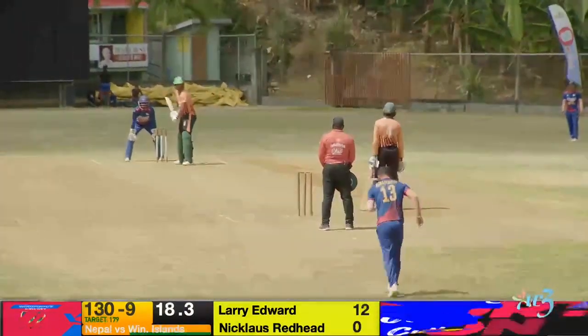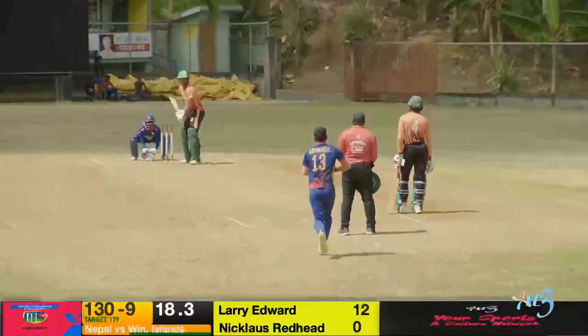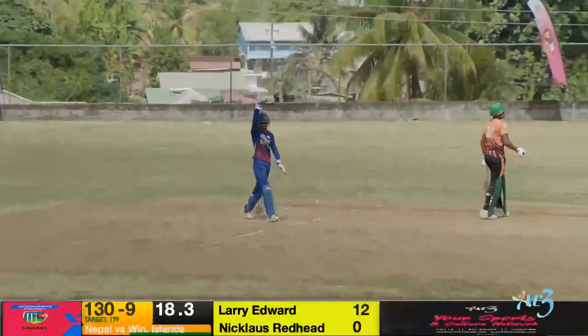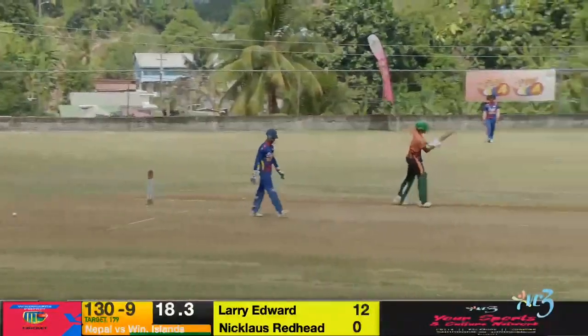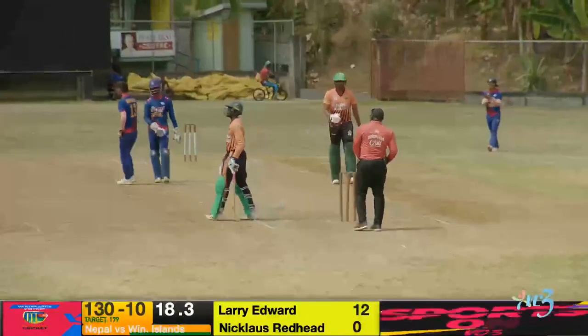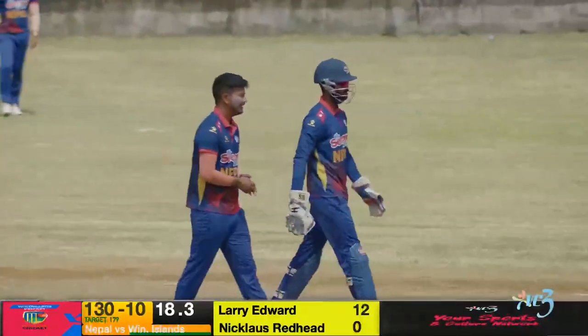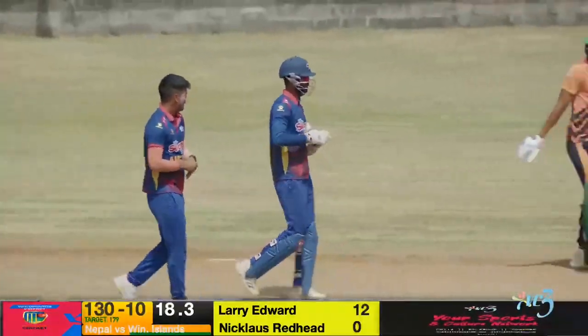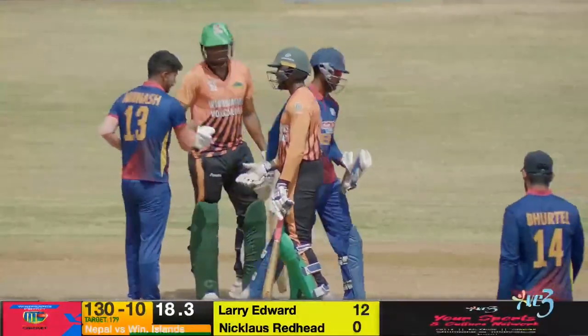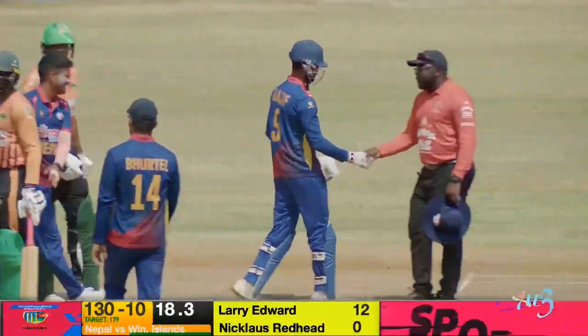Bahara now taking his first strike here, Nicholas Redhead. And this one is wrapped on the pad. Up goes that dreaded finger. And that's victory for Nepal here this afternoon, winning by some 49 runs. Big victory indeed. And certainly a clinical win on their part. Definitely, I think they came back very good indeed. A good start by the Windwards, but